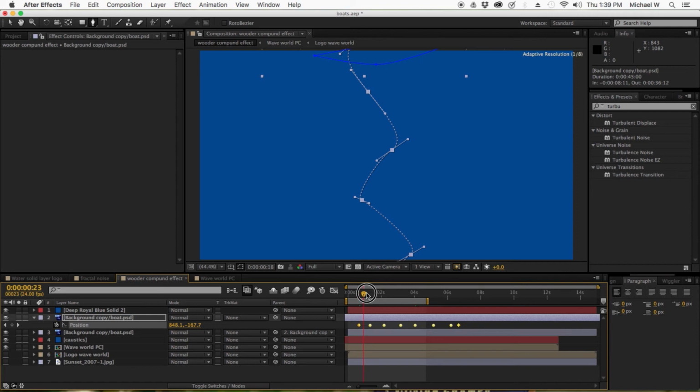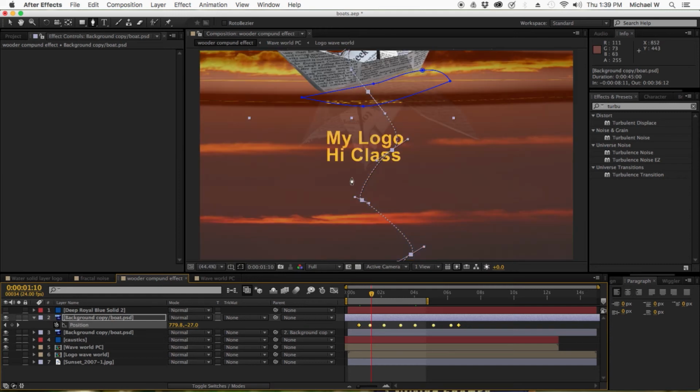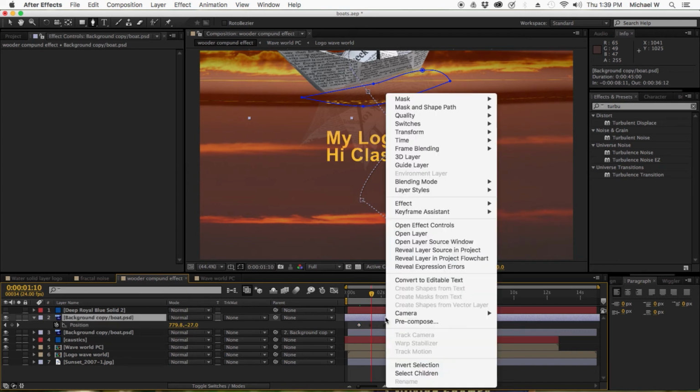So the boat plus the reflection that's mirrored to it are now, and I can hide that layer, because I just put that shape layer to get the mask. They're now following this path. It's moved a little too fast for my liking, so I right-clicked on the path, the original layer that it's using to follow it. I went time